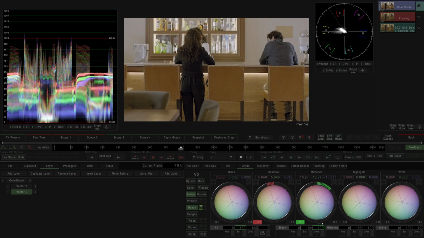And add a little bit of global saturation into our shot. Okay, so you can see I've added just two vectors for now. I've worked a little bit on the primary, I've worked on bands a little bit on my second vector. And what I'm going to do now is apply